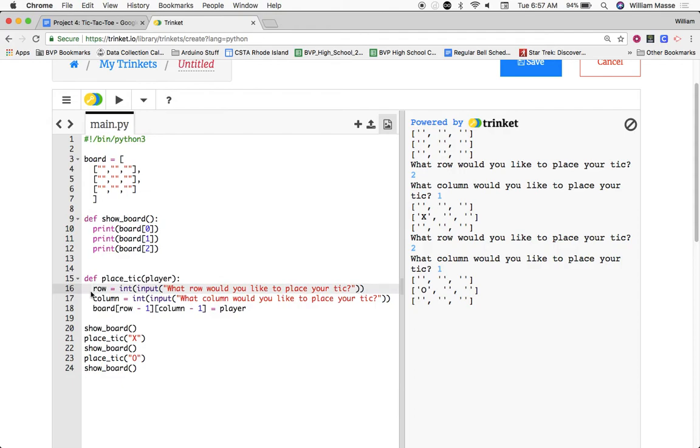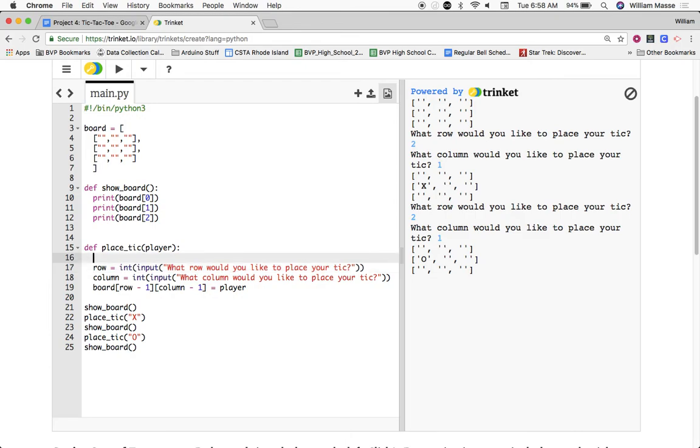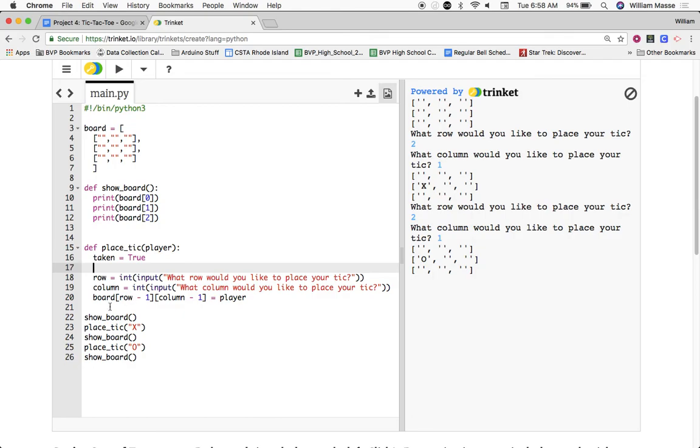So let's build that functionality into our function here, place tick. So you can't place a tick in the same place twice. The way that I'm going to do that is I am going to make a local variable, let's call it taken, for the space being taken. I'm going to set that equal to true. And taken is going to stay true until the user picks a place that isn't taken. So we'll just do while taken. So as long as taken is true, which we set it equal to true. Oops, that's lowercase. There we go. While taken is true,